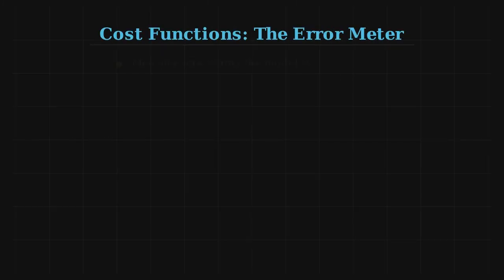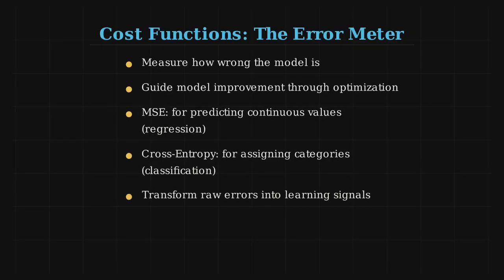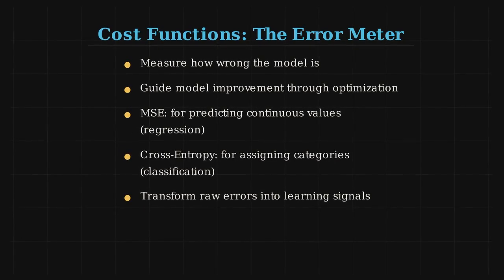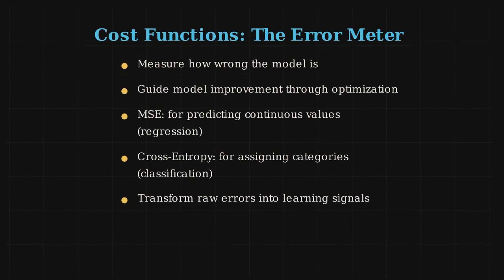Cost functions measure model error and guide learning. MSE for regression, cross-entropy for classification, both convert raw errors into actionable signals. That's how AI learns to be less